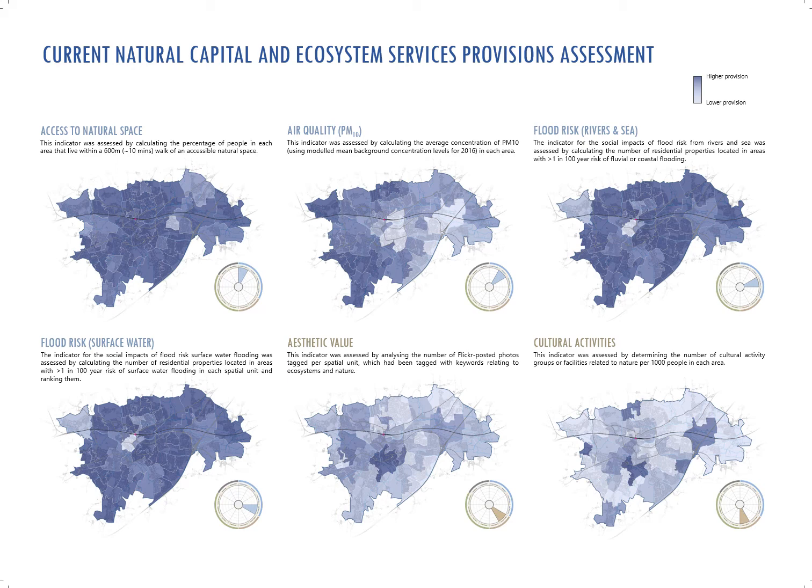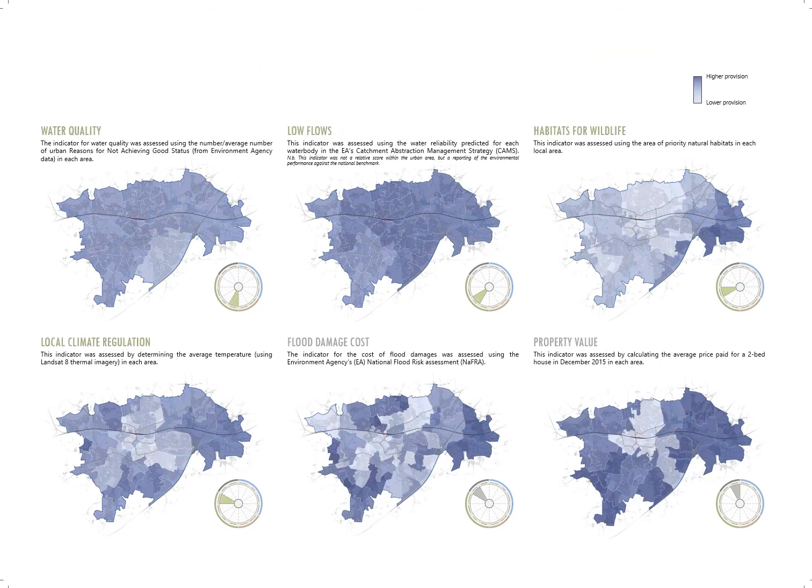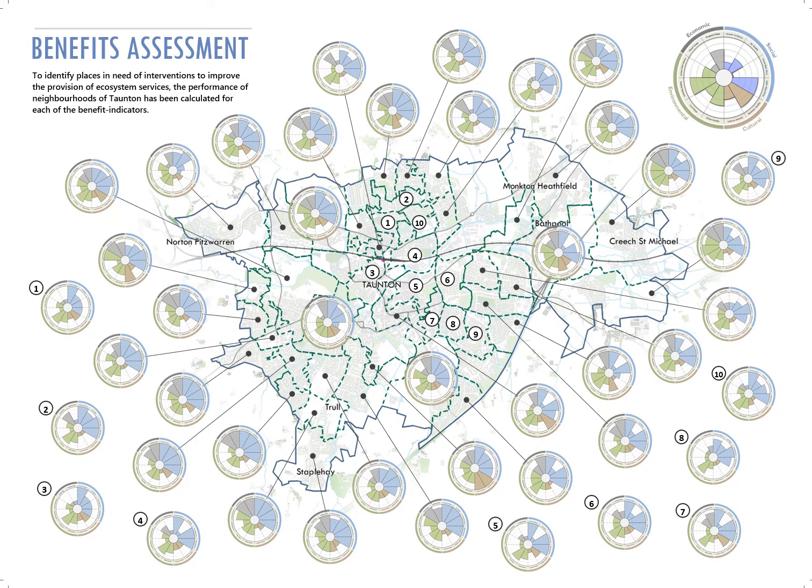Each of the 12 metrics were assessed in detail for each of the areas and neighbourhoods of Taunton, and the results are shown in this slide and the next. So the metrics on this slide show things like water quality, flows, flood damage, property value. So here is the final summary map of the benefits assessment, showing all the wheels together for each ward across